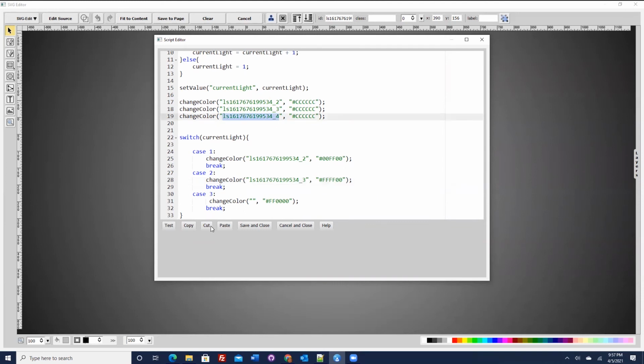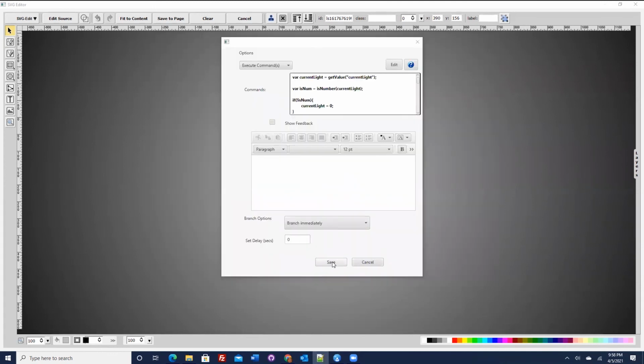And then finally, let's copy this. Full red, no green, no blue turns out to be red. So this is green, this is yellow, this is red. This is the first circle, second circle, third circle, and we're addressing them by the element. We're done. We save and close, save,